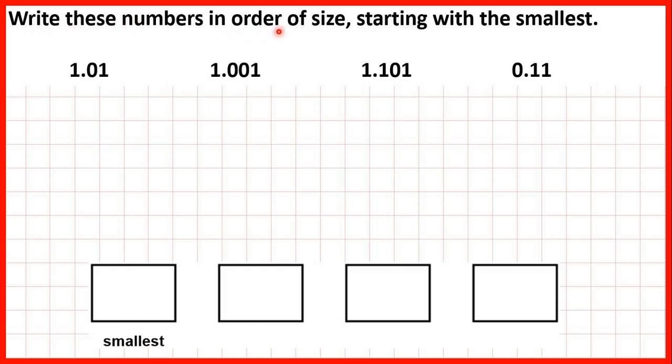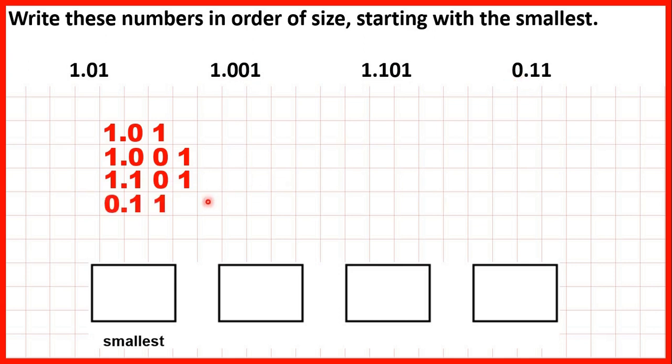Write these numbers in order of size, starting with the smallest. So we have 1.01, 1.001, 1.101, and 0.11. And what helps us compare decimals is to write them out one below the other with the decimal points